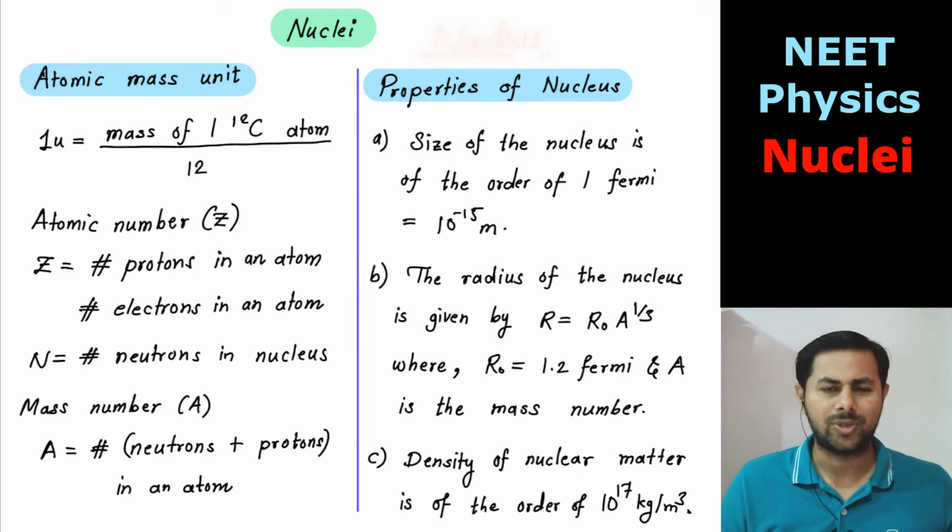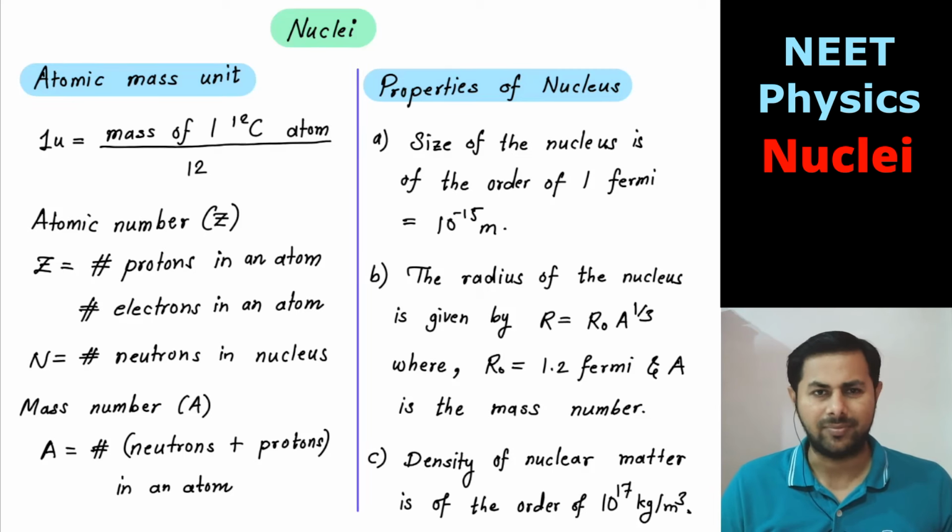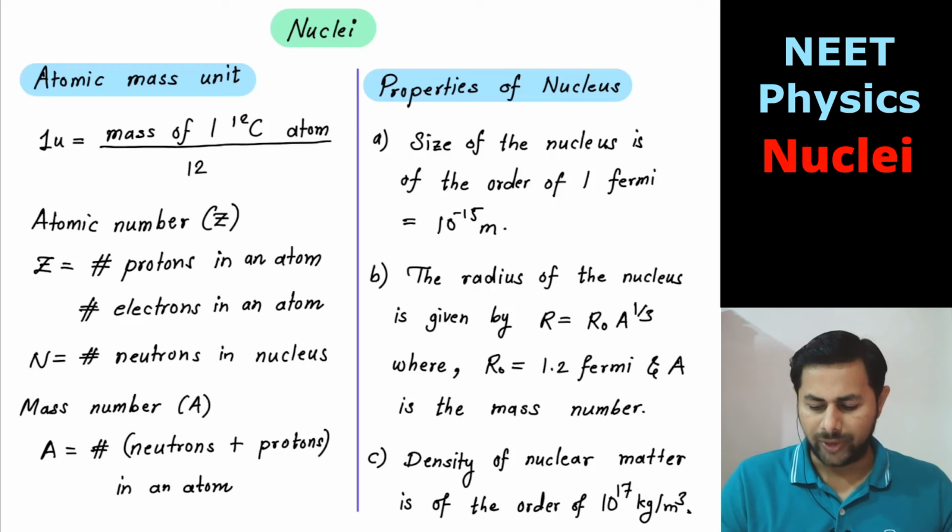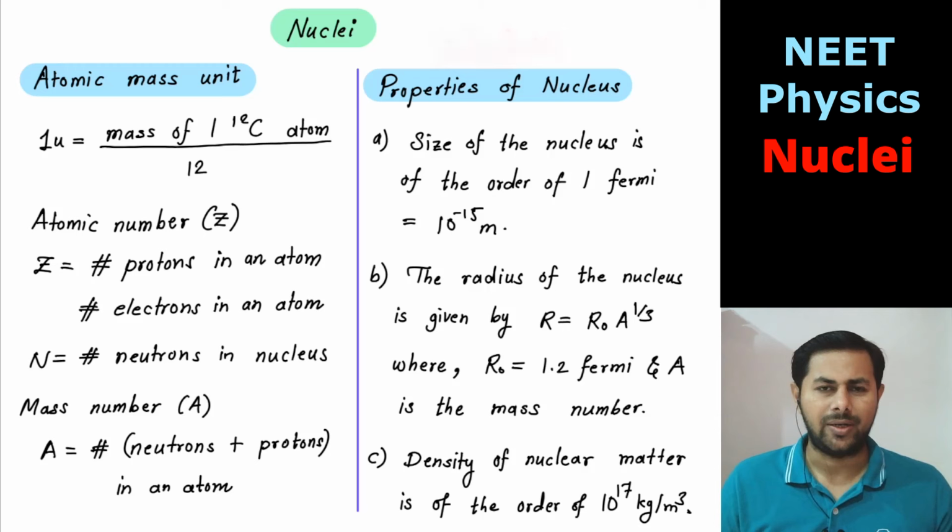So we know from Rutherford's theory or Bohr's theory that it is the central part of an atom where the whole mass and the entire positive charge of the atom is concentrated. So what is the nucleus? It's the central part of an atom where there is positive charge and whole mass of the